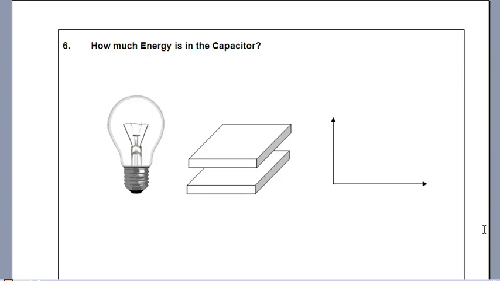What we're going to look at now is how much energy is actually in the capacitor when it's charged. So let's say I've taken a battery and I've charged up a capacitor, so I've got lots of Q stored up on this parking lot, right? These double sheets here of tinfoil. So it's all charged, ready to go, and I'm going to connect it up to this light bulb,